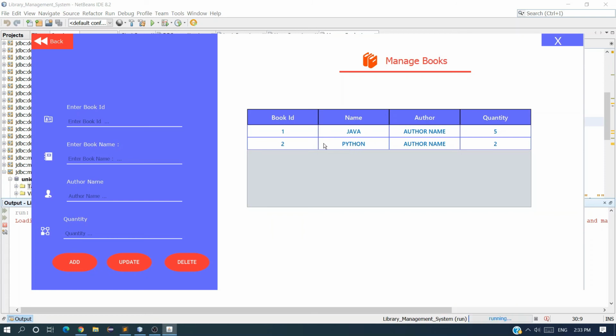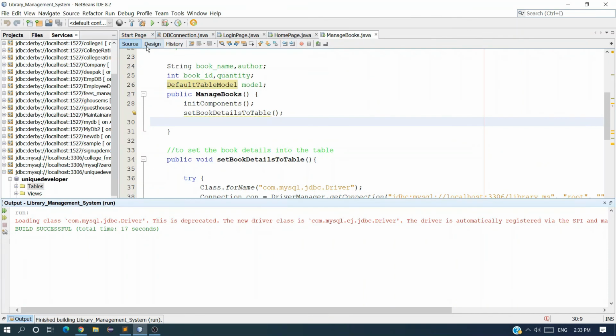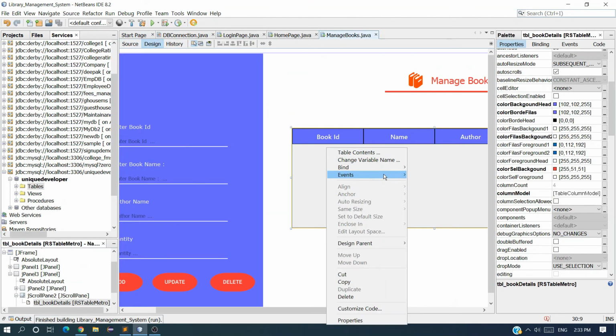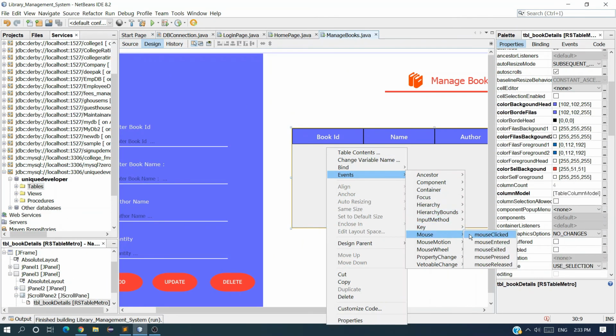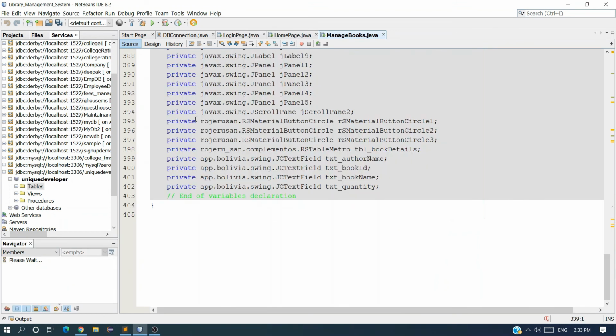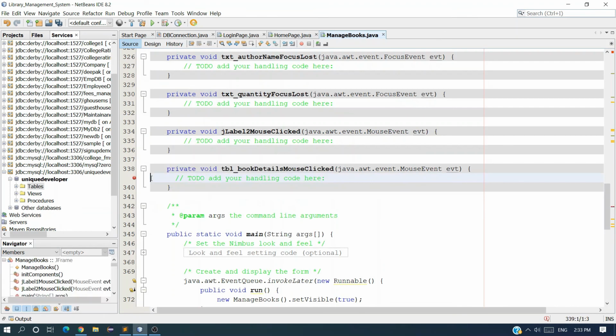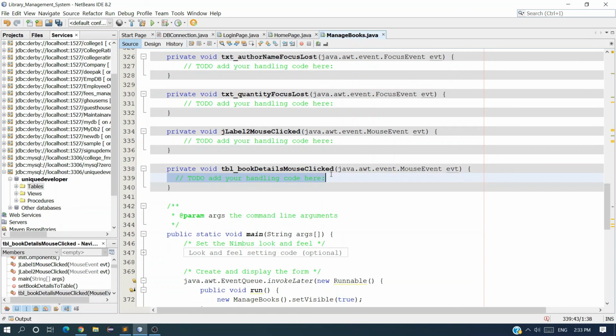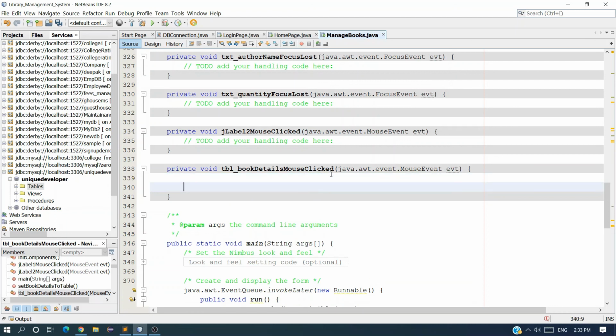Now what I want to do is when user will select this row, this data should be displayed on the text fields. So we have to apply an event on this table. So right click on this table, event and click on mouse click event. Now we have to write the mouse click event here, and what I want to do is first I want to get the selected row.